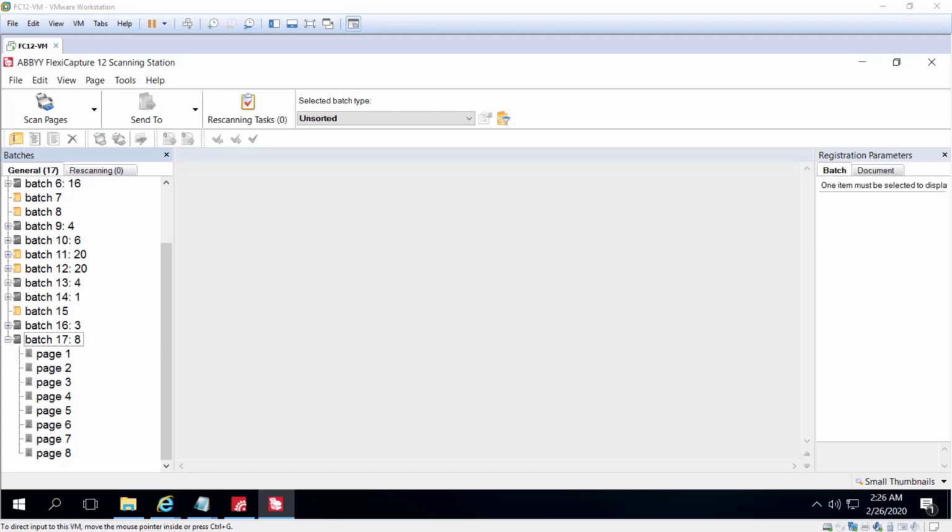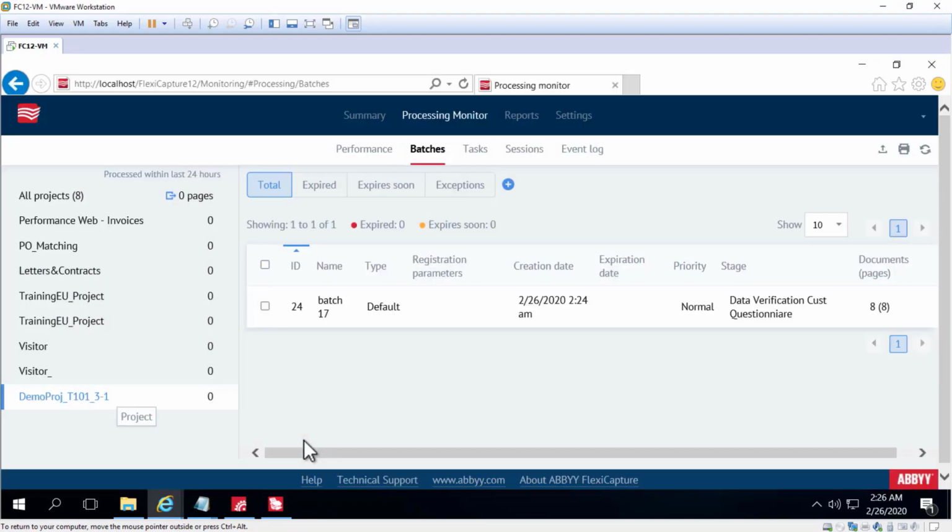All the images have been sent, and we can check these images have been sent to the data verification customer questionnaire queue. We see that these images have been sent to the data verification customer questionnaire queue. That's a custom stage that we just created.